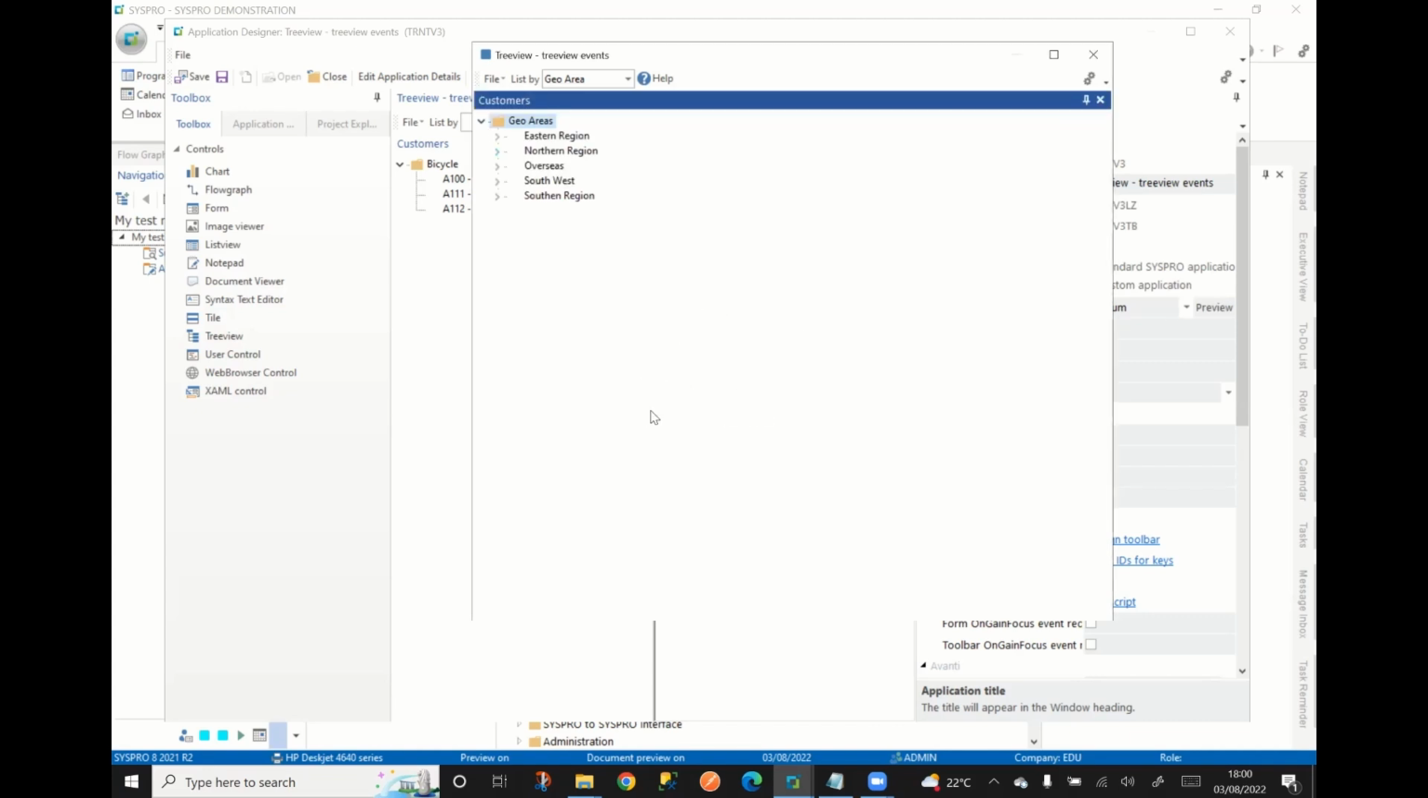So we're actually in quite a good place now. We've got our list view working. We've got our alphabetical list and our geo areas working. So the next step has to be to do something when we click on here, which is to go and get the customer names and add them to the node. Okay,